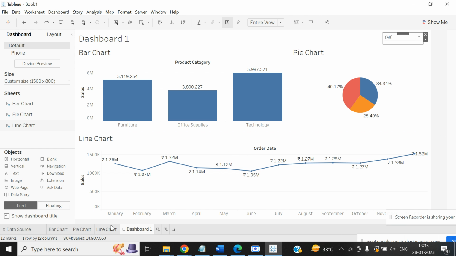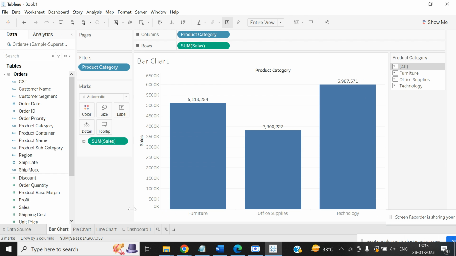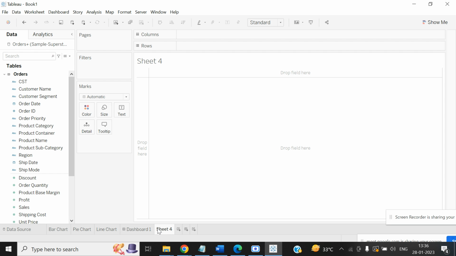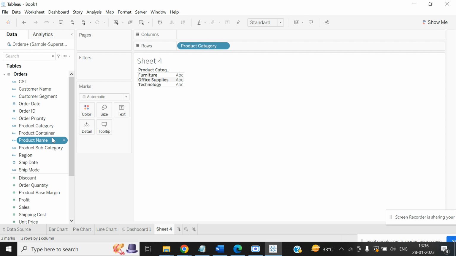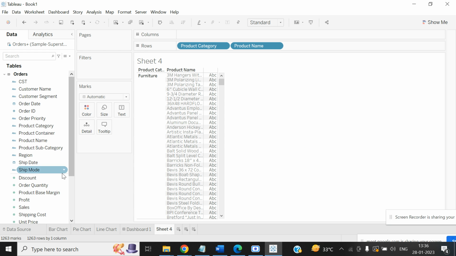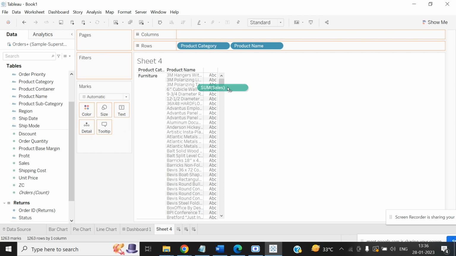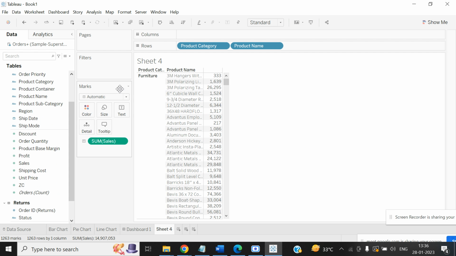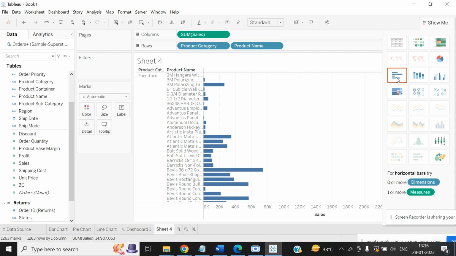Okay, so now we'll move to some more basic charts. Before I move to some more charts, let's understand more about filters. Now let's say we have product category, product name, and sales. Let's create this chart